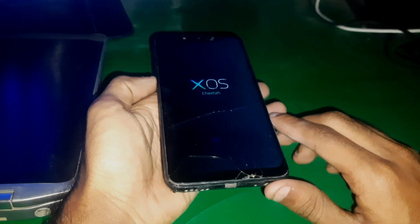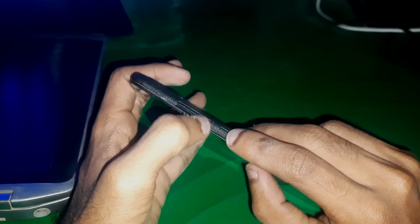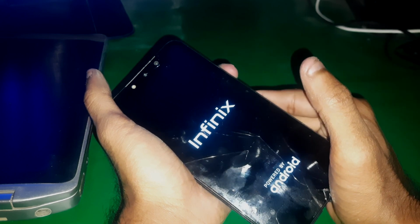So first of all, simply turn off the phone. Once turned off, you have to hold the power key and the volume down key. So keep holding both of the keys. Leave the power button when you see the Infinix logo, and guys, there you can see the factory mode but